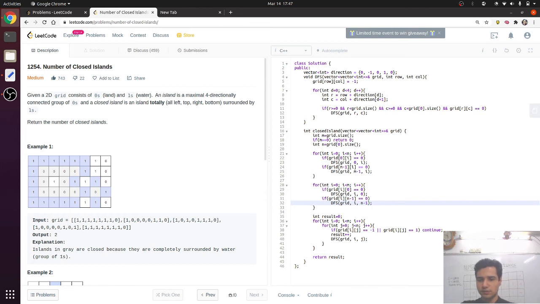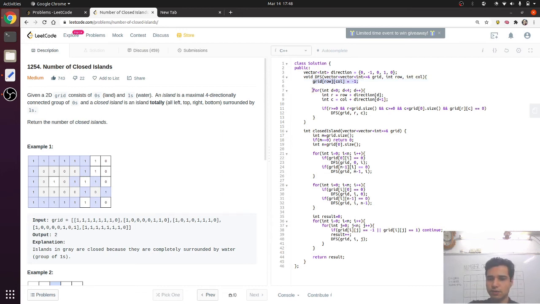In the DFS function, what we are doing is we have a direction vector for traversing all the 4 directions. As soon as we traverse a particular node, we will mark it as -1, that is, it is visited.